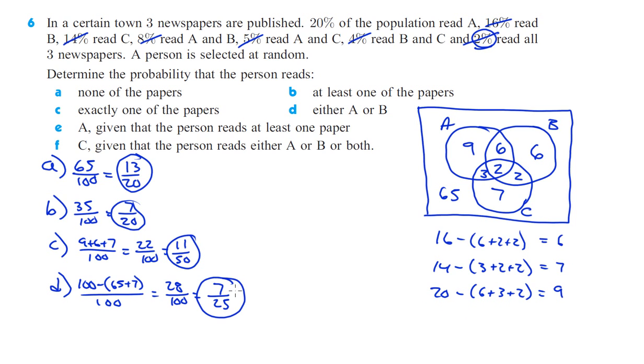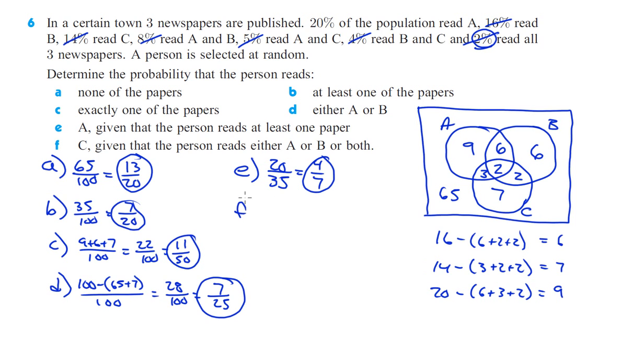Okay, so 7 out of 25. Let's see, part E. Determine the probability that the person reads A, given that the person reads at least one newspaper. So now we're talking about only these 35% of the people. So we've got 35 here, and then how many read newspaper A? Well, actually it says right here 20% read A, so there's our 20 out of 35. Those are both divisible by 5, so that's